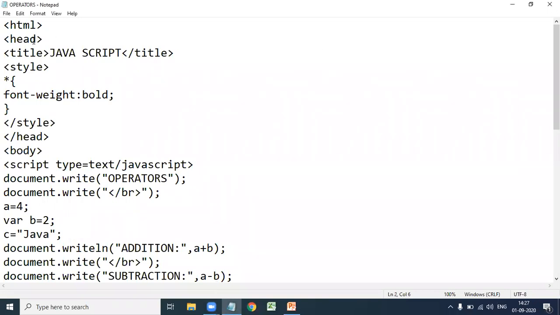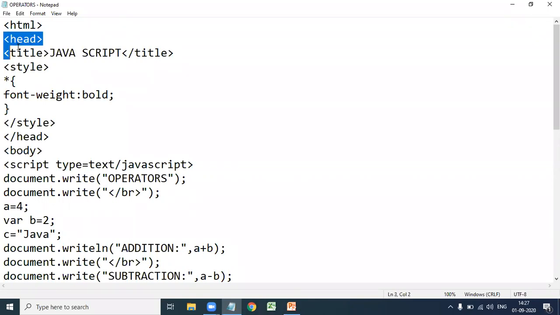Okay. So here this is the sample program for operators. After completion of the control statements, we write the operators using switch. Now we don't use any switch case. After the control statement class, once again we will discuss the program of operators using switch case. Here I did not use any switch case.